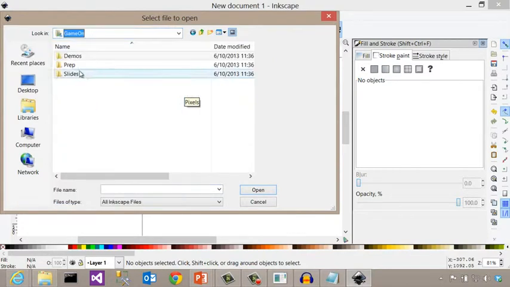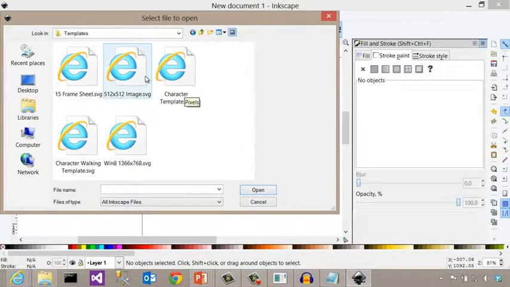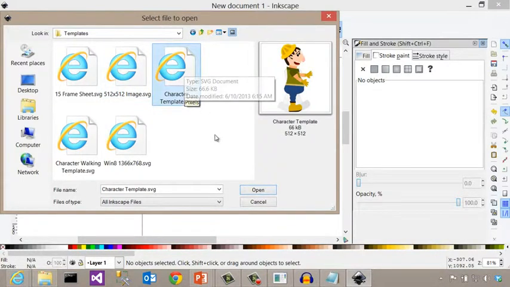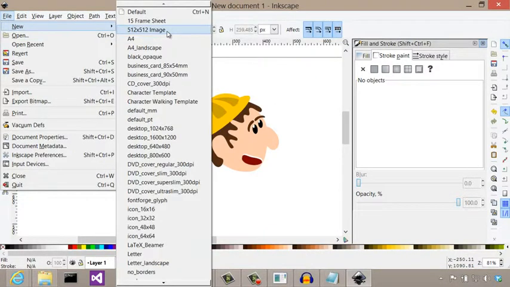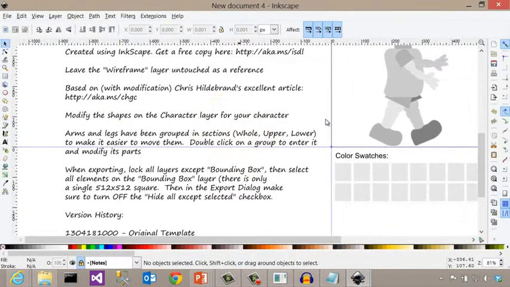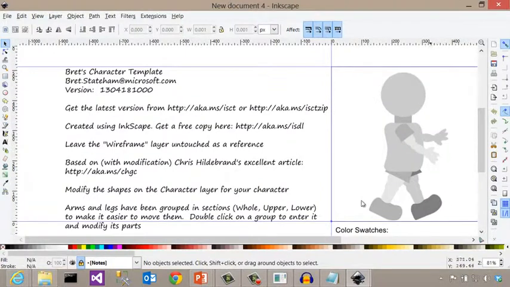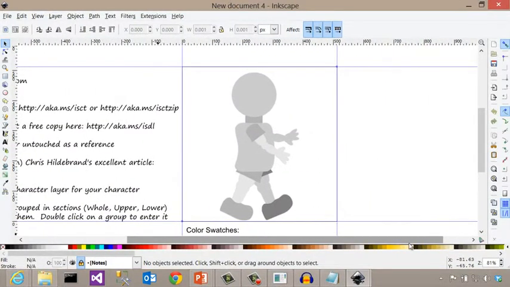and down on the demos, assets, templates, and here's my character template. Ooh, and it looks like I've accidentally saved over that previously, so we won't use that one. Let's go ahead, and I've already got them saved into my Inkscape template, so I'll just use that one. So you can tell I've cheated and worked on this demo ahead of time. All right, but so here's my template, and if I look inside here, one of the other cool things about